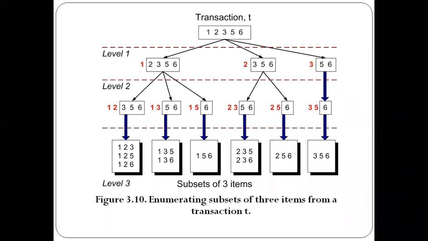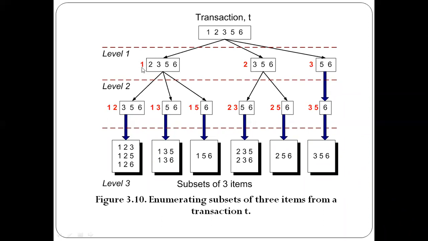Okay, so we are going to begin with the first item. It can be either 1, 2 or 3. So level 1 is going to specify the number of ways in which the first item in the 3-item set can be defined. Okay, so we have got 3 different ways in which we can define the first item. It can be either 1 or 2 or 3. So this level 1 specifies the total number of ways of specifying the first item here.